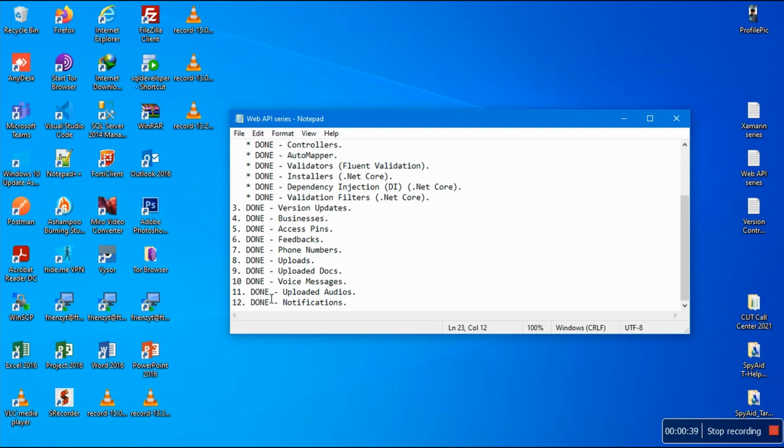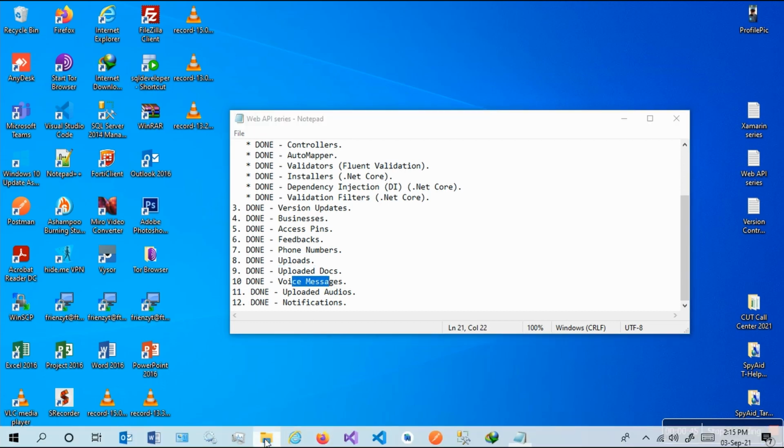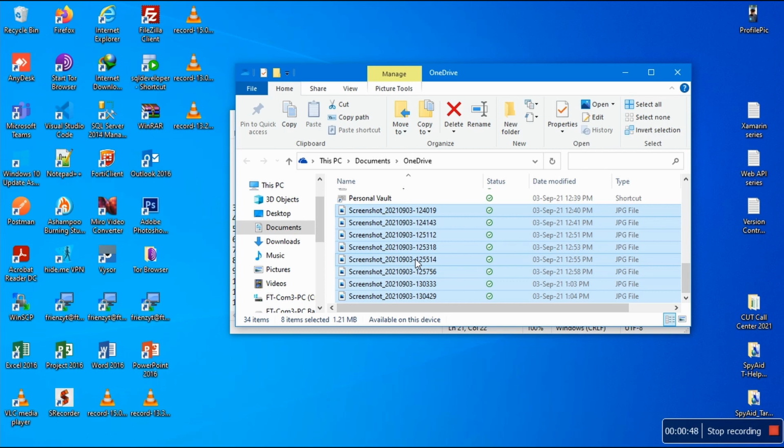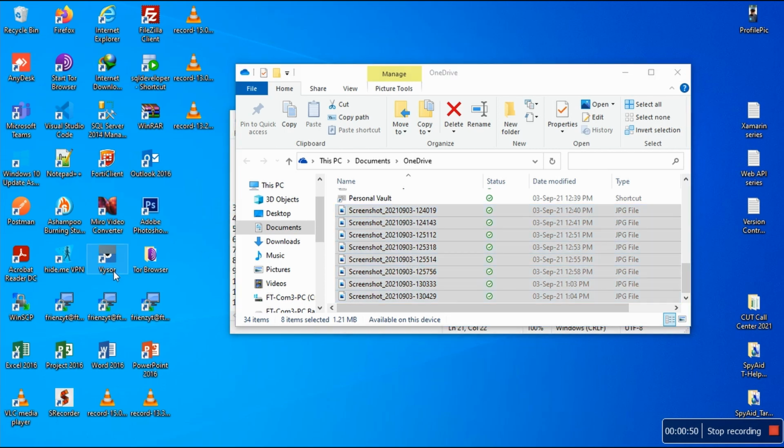number 8, uploaded docs, particularly voice messages, where I had to use my OneDrive to send some screenshots, because I cannot use Vysor since my computer is incapable of handling the graphics that are required to mirror my physical device on my computer. And then is it called Your Phone, that type of app in Windows 10? It's a crappy one, so it still doesn't want to mirror my phone to the computer. Okay, so